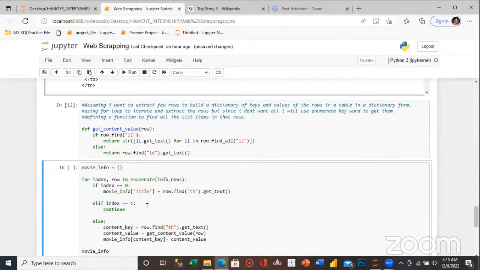So moving on to the next cell, whatever information I'm getting, I want to view it in dictionary form. And to do that, I have to use a for loop. So I will say for index, row in enumerate, sorry, info_rows. I'm trying to get information about my rows, which I named info_rows. To get the different rows from a website, you have to use the index. So I'm saying if index is equal to 0,